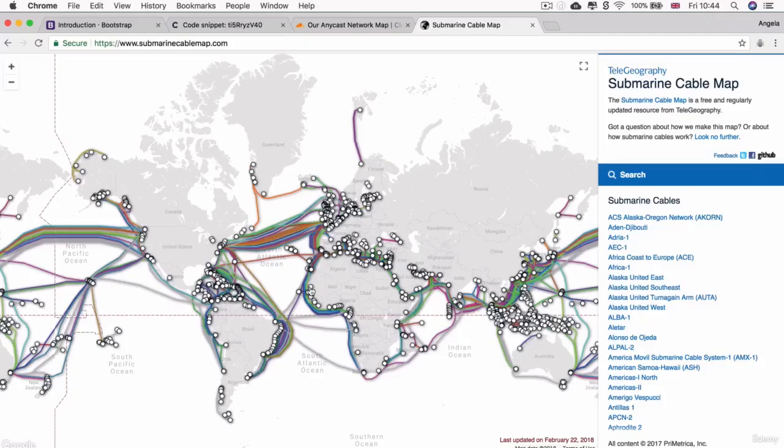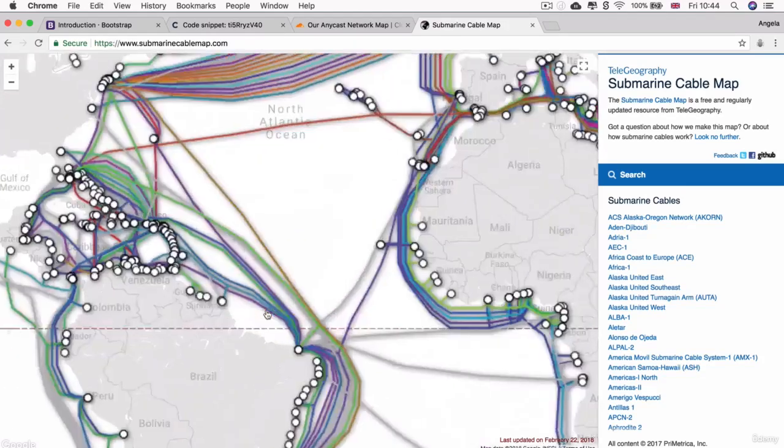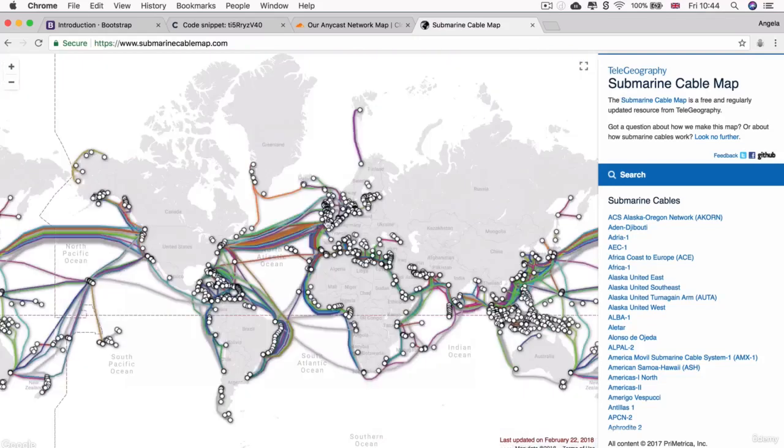CDN stands for Content Delivery Network, and the concept is really simple. Do you remember how previously we looked at how the internet is delivered through all of these submarine cables? So for example, if the server for my website is in the US, say on the West Coast, and I try to access my website from the UK, then I would probably need to go through one of these